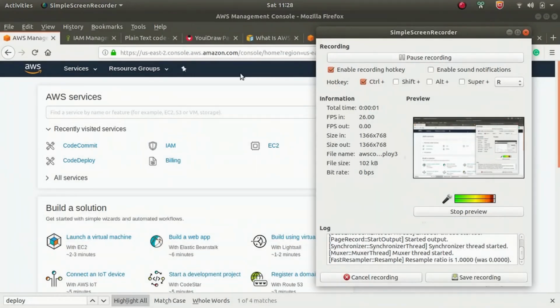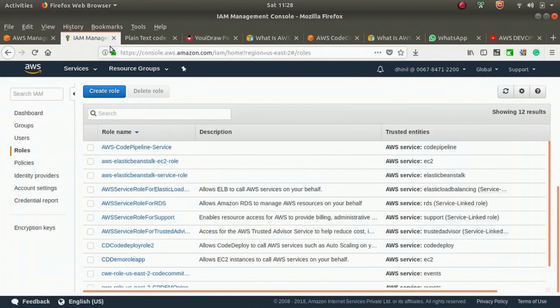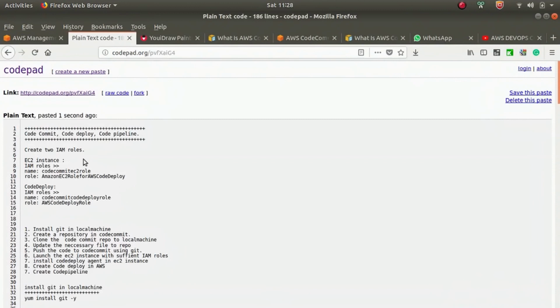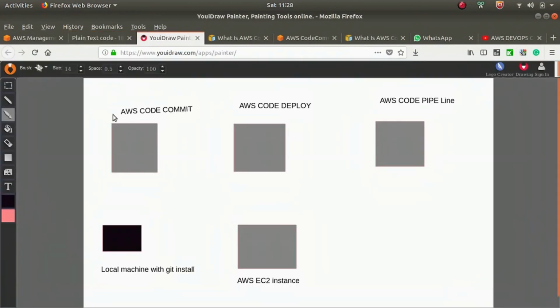Hello friends, this is a tutorial for code commit, code deploy and code pipeline. In this lab we are going to create a code in our local machine with the code commit repository and push this code into an EC2 instance.